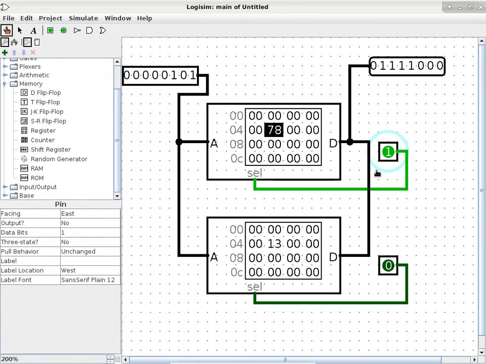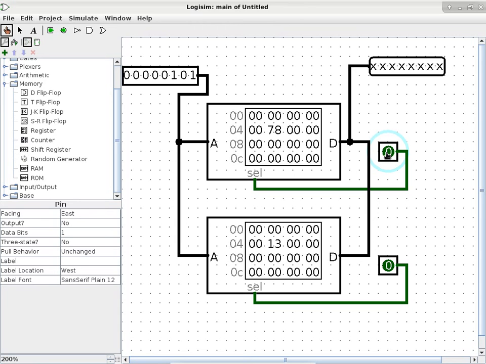I want you to give me your location 5, and now we don't have a problem, because now we have 0, 1, 1, 1, which is 7, 1, 0, 0, 0, which is 8. Okay? Now, what if I want location, let's see, 256 plus 5, so that will make it 261? So in the logical space, I want to access location 261, which in this design corresponds to location 5 of the second chip, because location 0 of the bottom chip is actually logically location 256, to continue from the previous chip.